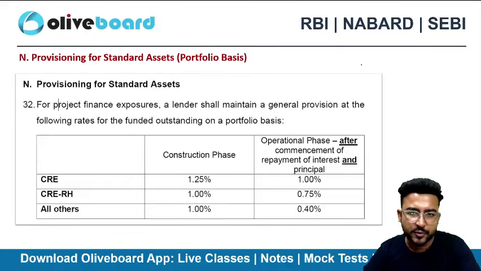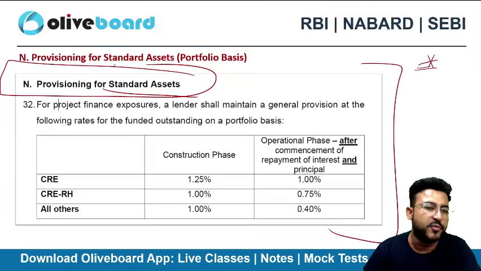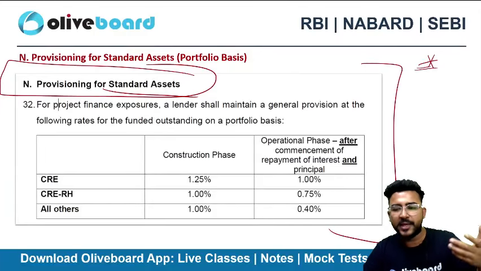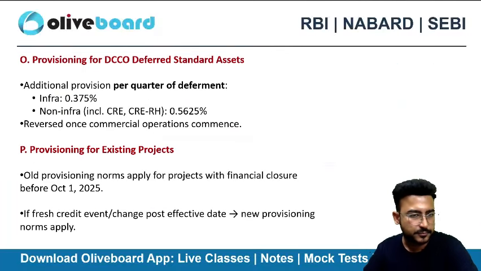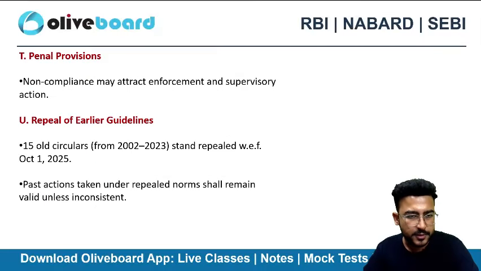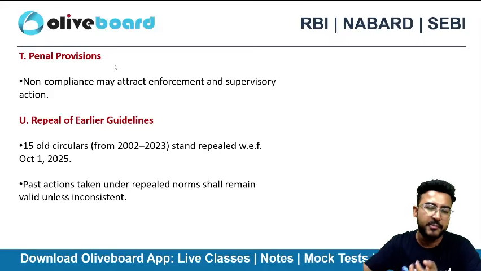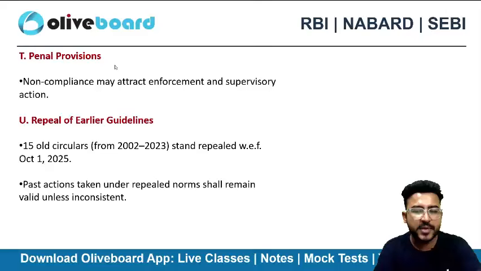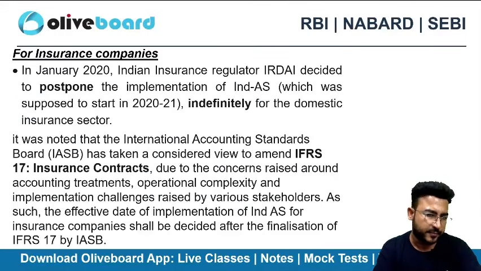And for your phase 2 as well, you need to remember this provisioning standard asset loan criteria as well, right? Provisioning for the standard asset as well, but it will be more important for your phase 2 again, right? So even if you are able to remember the crux of it, like what project finance is all about, what is the applicability date and so on, there is a high probability that it can be asked in your phase 2 examination rather than phase 1, right? Because it won't be fair enough for phase 1.